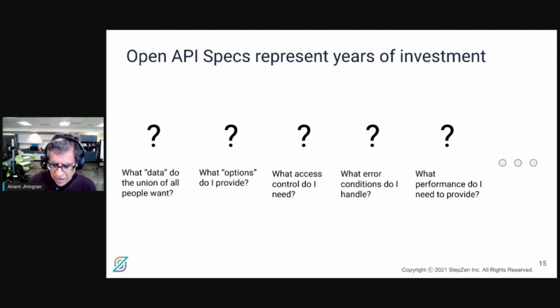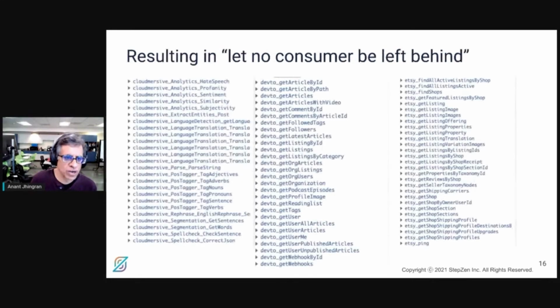But the net of it is that the OpenAPI specs end up with so many endpoints. And when they're brought into the GraphQL worldview, so for example, we have brought into GraphQL in StepZen three different OpenAPI specs: Cloud Immersive, which is really about text analytics, Dev.to, which is about publishing articles that many of you use, and Etsy is Etsy.